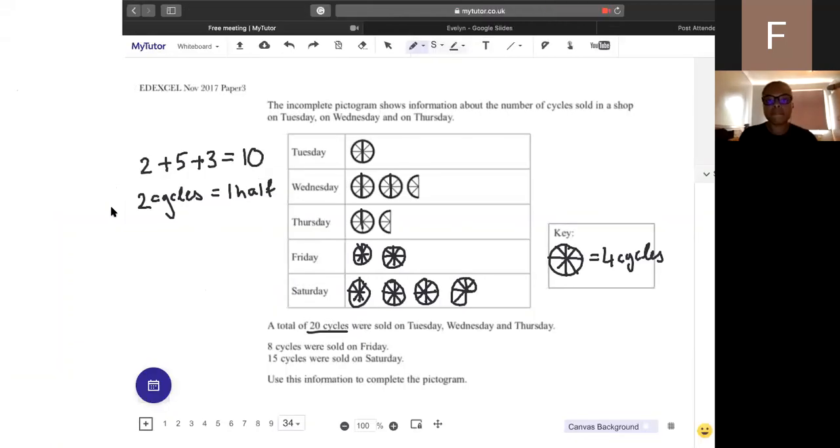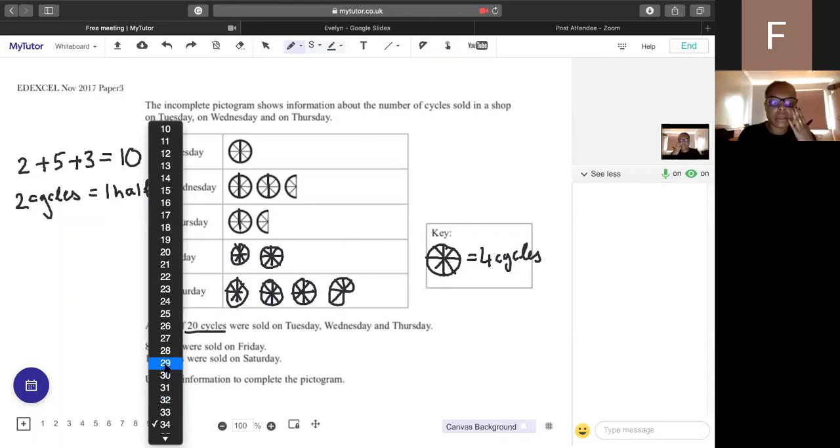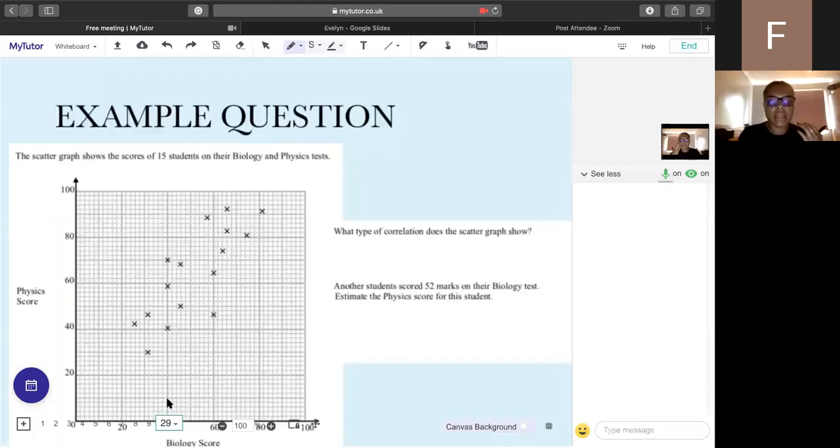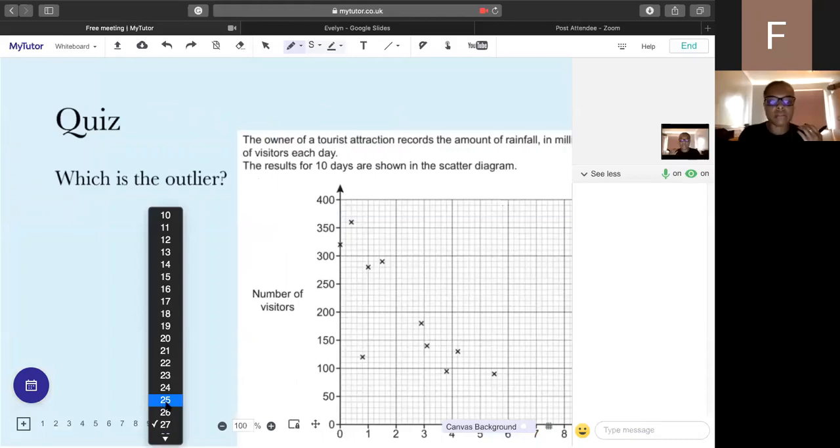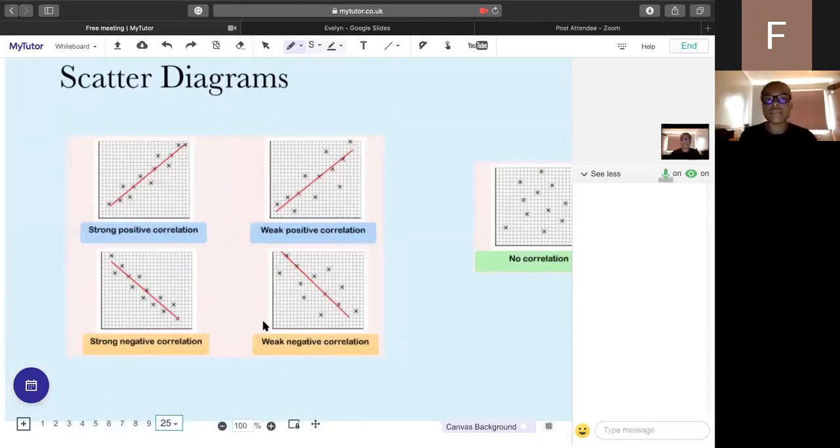There was a question asking, how do you estimate the line of best fit? So if we go back quickly to that part. So, line of best fit. What you should do for line of best fit is, first of all, look at each of the points